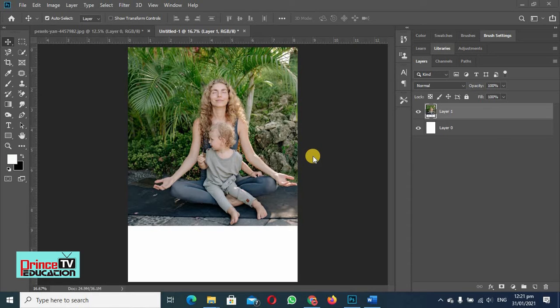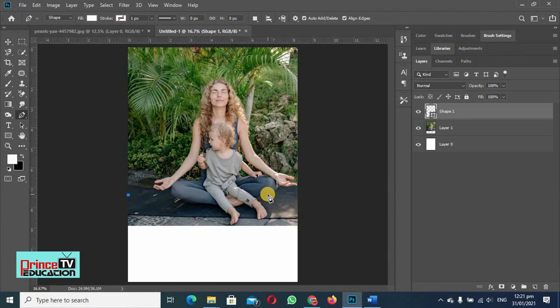If this is a picture and I want to do a clipping mask, I need a shape for that. So I will draw a shape. Either we can draw it with the shape tool or we can draw it with the pen tool. Right now I will draw a shape with the pen tool. How will I do it? I will add a layer here, and then I will go to the pen tool and select the shape. I will click here and then I will click here,